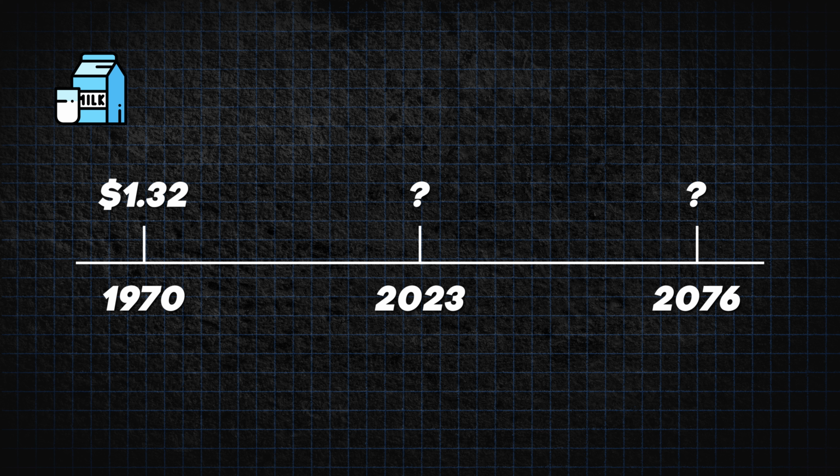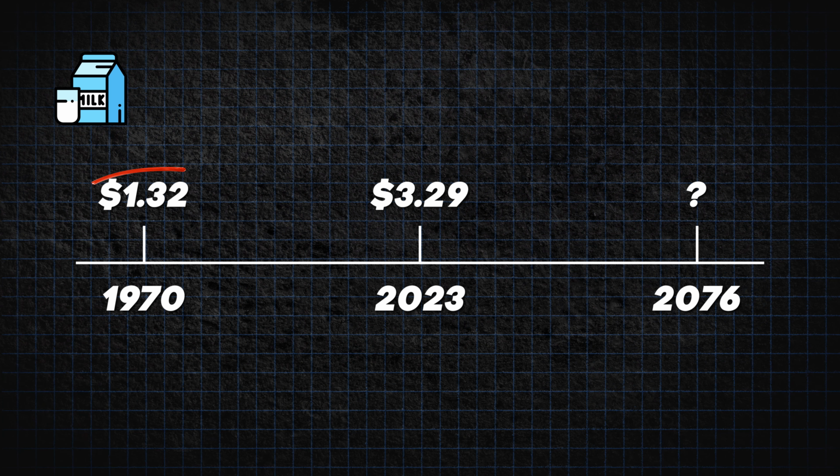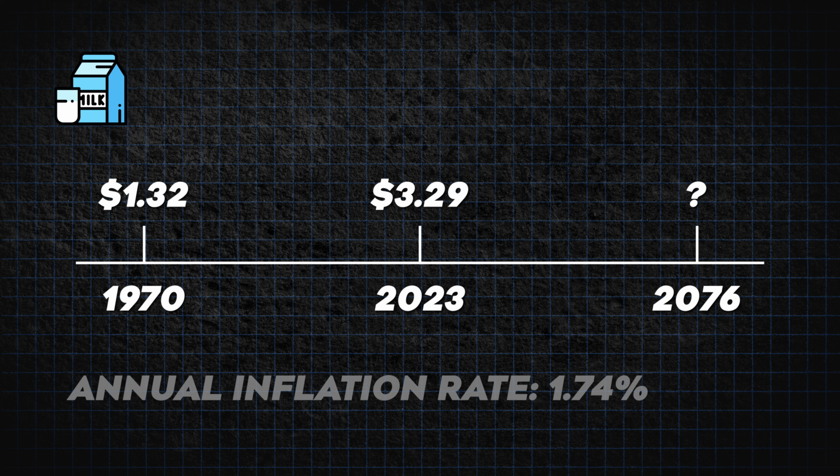Today, 1 gallon of milk will run you $3.29. Comparing that to eggs, we can see that this is already going to be a much better inflation rate. They've really done a number on those cows, getting them to spit out a lot more milk than they used to, I guess. Starting off in 1970 at $1.32 per gallon and ending today at $3.29 per gallon. Over the course of 53 years, that is an inflation rate of only